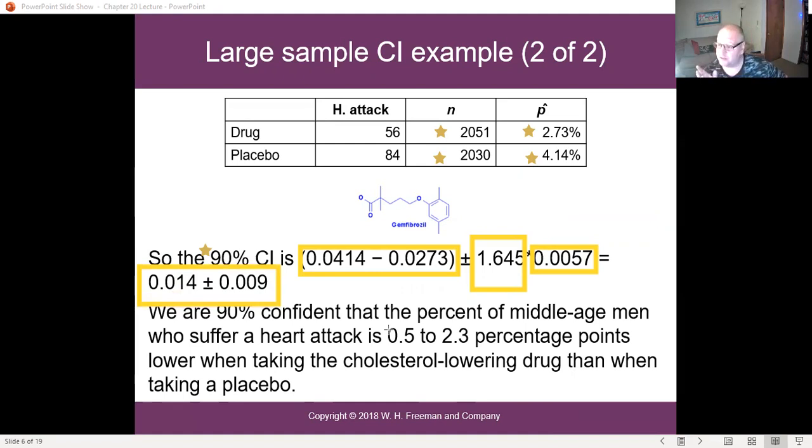If you want it as an actual interval from what to what, you do 0.014 minus 0.009. And that is 0.05. Right. And then you do 0.014 plus 0.009, and that's going to be 2.3. Now notice those are percentage points. So it's 0.5 percentage points, which is the same as 0.005. And they weren't really very clear on that, but I just want to mention that because one of the things that keeps on coming up here,